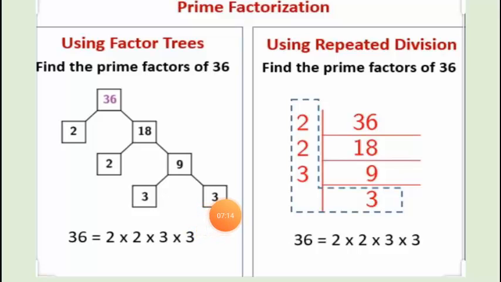Is it clear? Now you can see here that all the numbers we have obtained are in the form of prime numbers. So we can express the prime factorization for this number 36 by including all the prime numbers present in the factor tree. So we will express it like 2 multiplied with 2 multiplied with 3, that multiplied with one more 3.